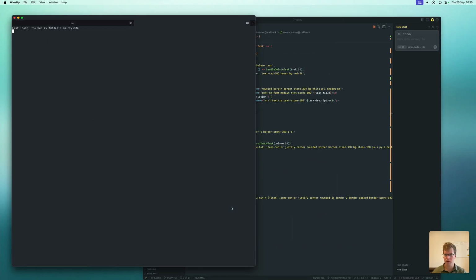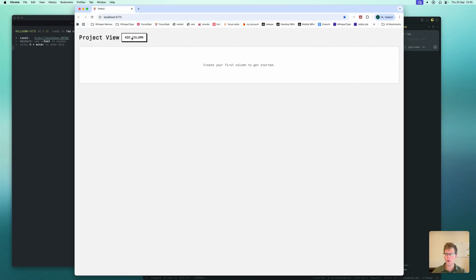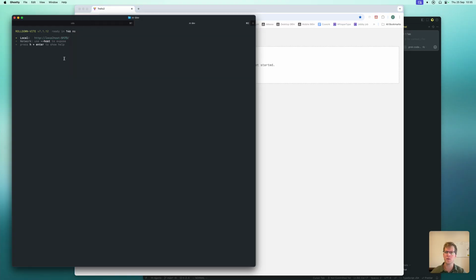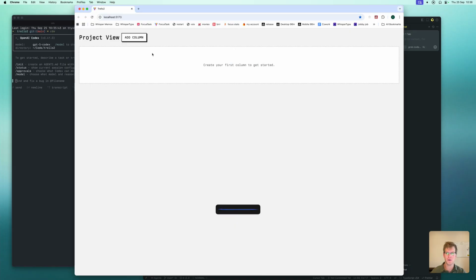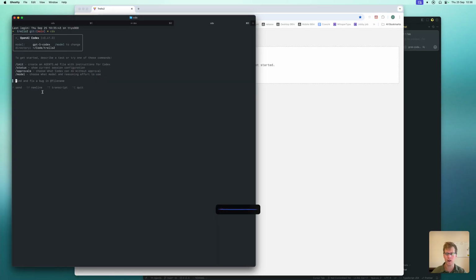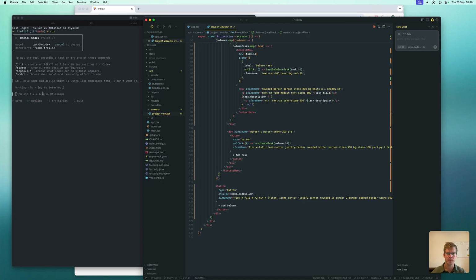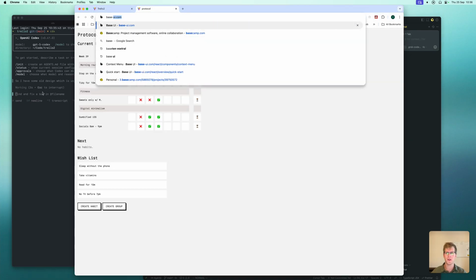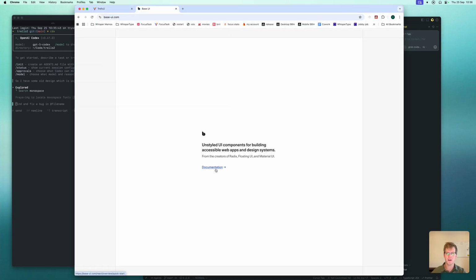I think at this point I might be able to run the UI and take a look at it. Okay, it's using my old design from habits. So perhaps we're going to ask it to... I have some old design which is using monospace font. I don't want it in this project, okay? And I started using this thing called Base UI for